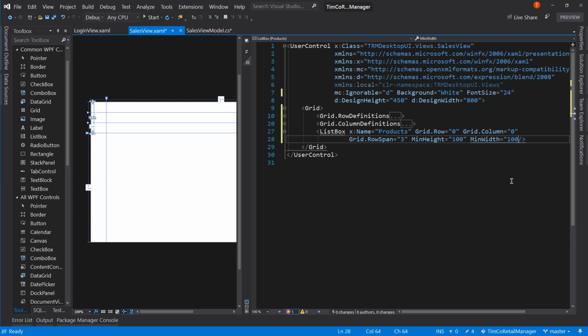Oh, I've got the insert. I had my caps or my num lock off, that's why. So 100 wide, and let's make it 200 tall. Let's make it 150. Looks about right. Now we do have padding on this overall control, so it's not going to be right up against the edge like it looks like, but